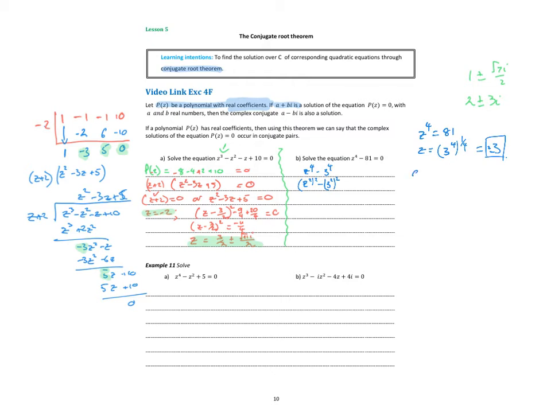So that's a squared minus b squared, so that means I can write it as z squared minus 3 squared, z squared plus 3 squared equal to 0. So now hopefully we can see in here z minus 3, z plus 3,